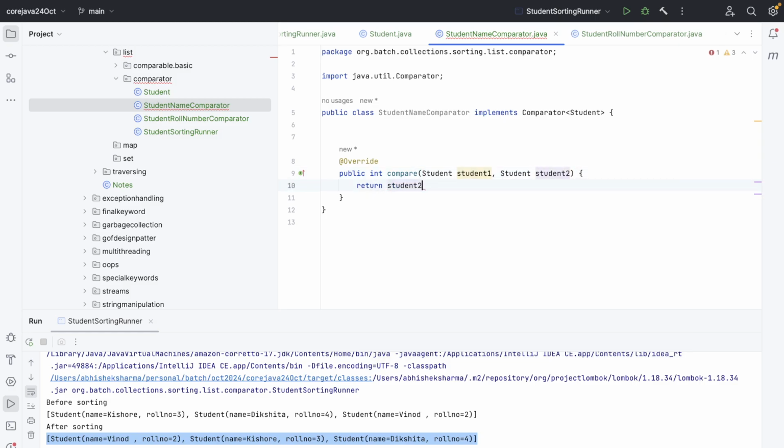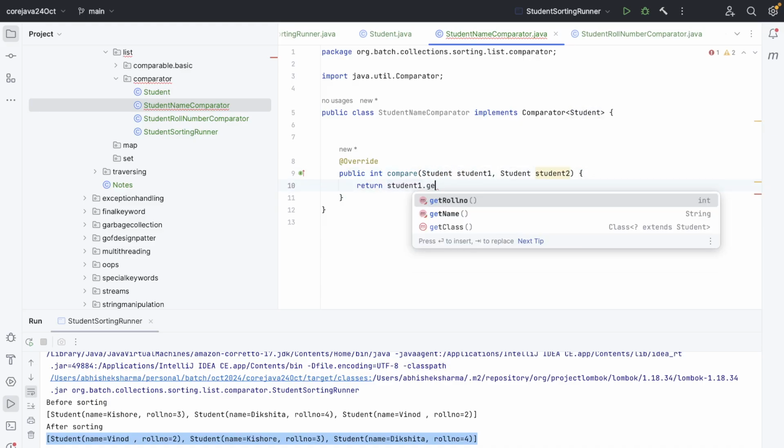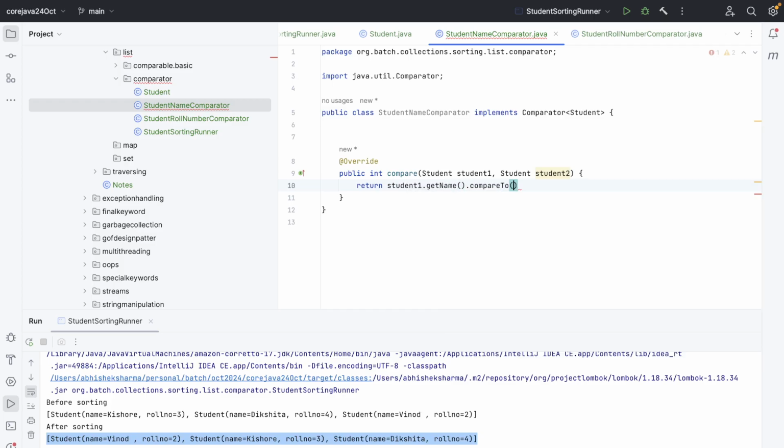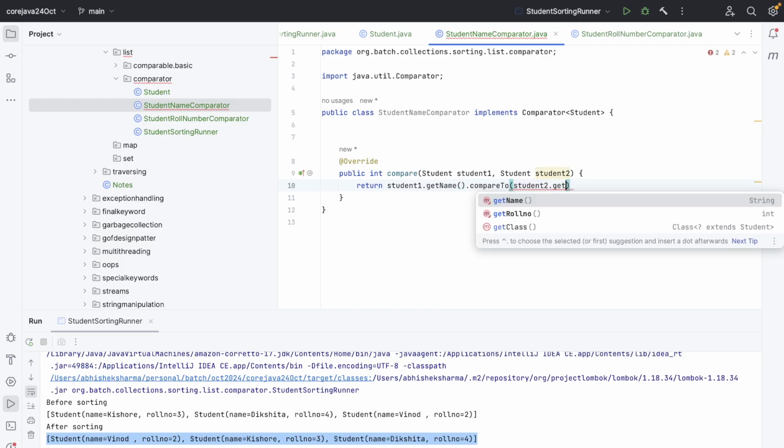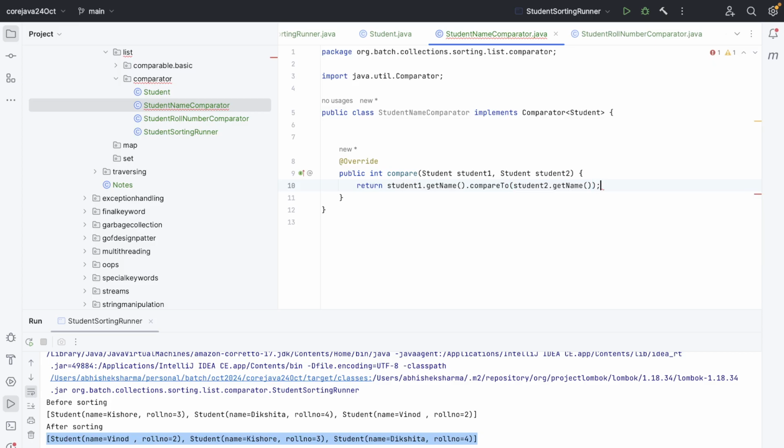So I'll do student 1 dot get name dot compareTo student 2 dot get name,